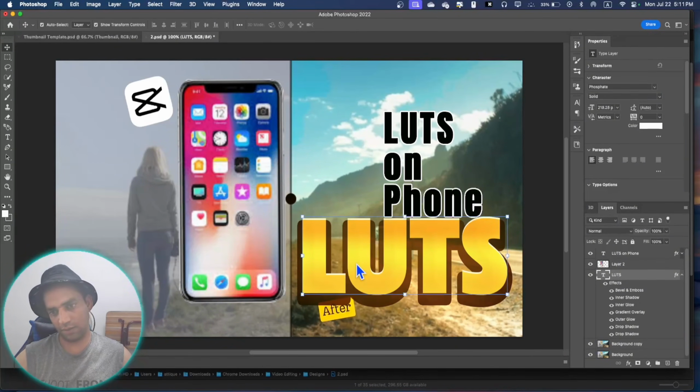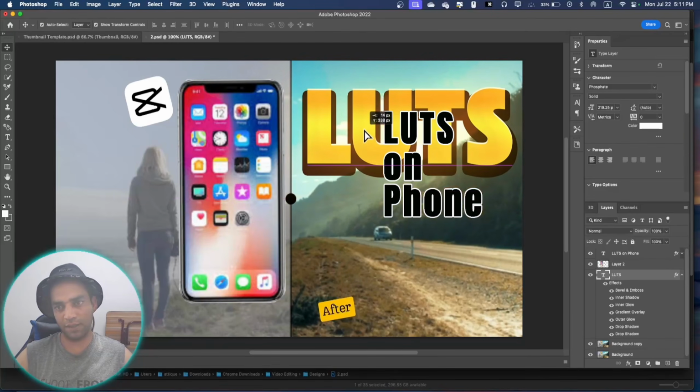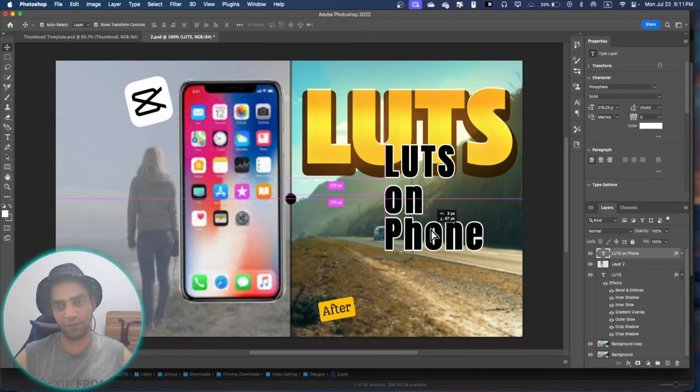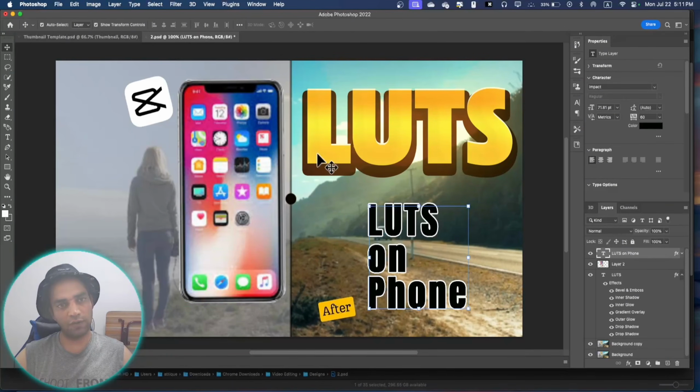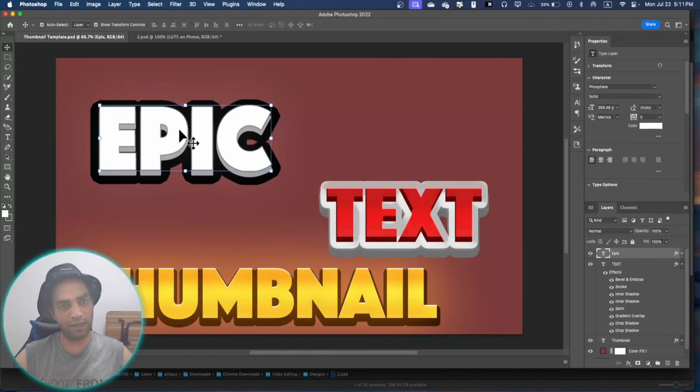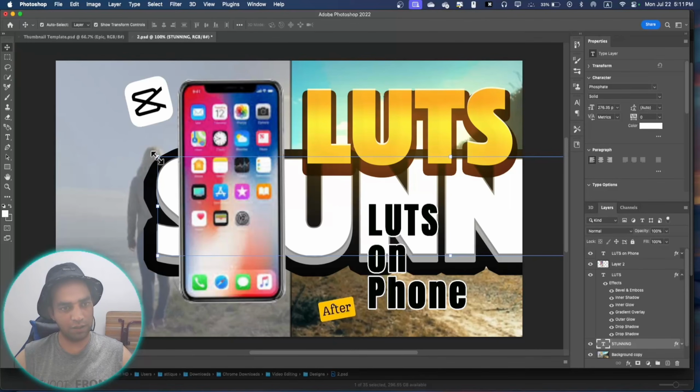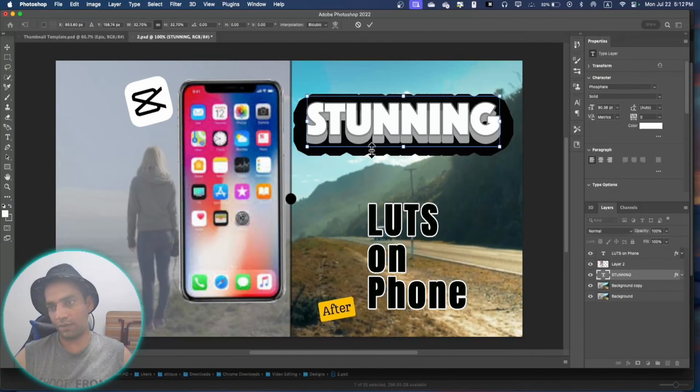Look at this result. Now you don't need to design text, just use it as a preset and you can design your future thumbnails like this one. If you want to bring the other text, that is same way. You can make it smaller like this. Look at this one. Alright, if you think that the distance is too small, then you can simply go to